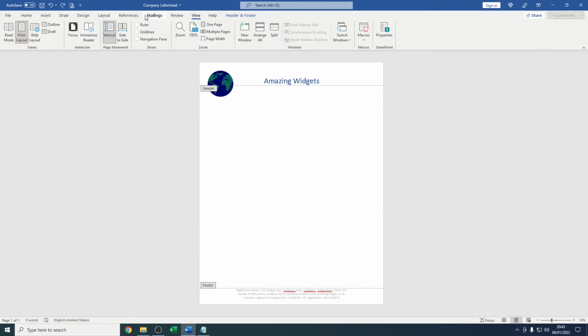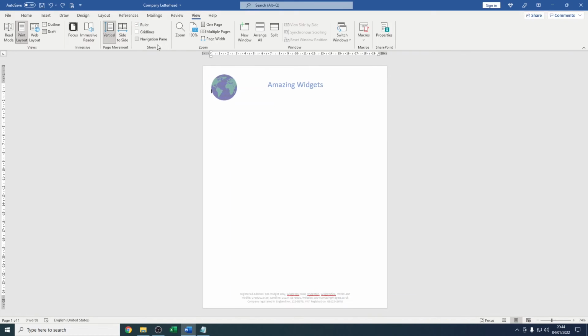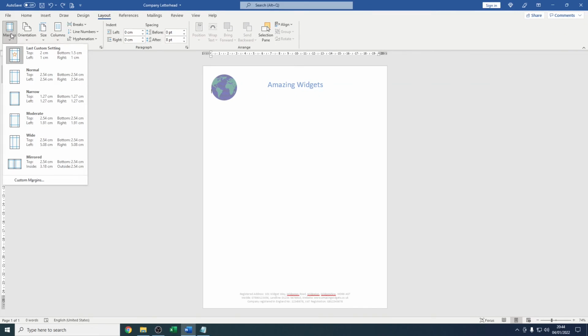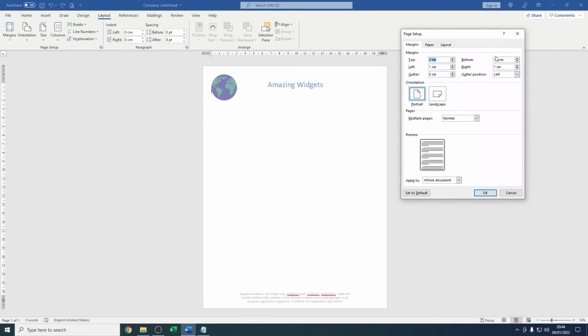If you want to set the margins for this document, double click to put you back on the main document, go to the view menu, click on the ruler. This will let you adjust the margins visually, but if you prefer to put the numbers in, you can go to layout, margins, choose one of the presets, or go to custom margins and put your information in there until you're happy with it.